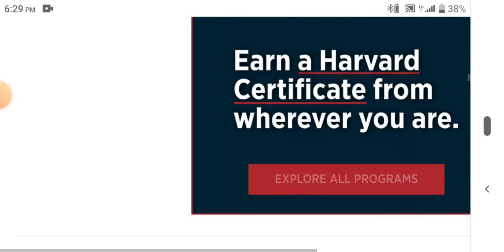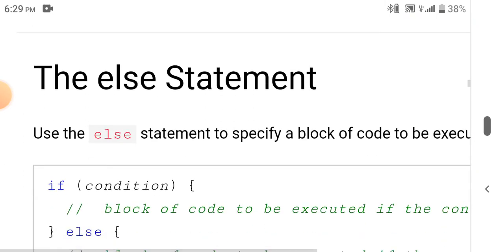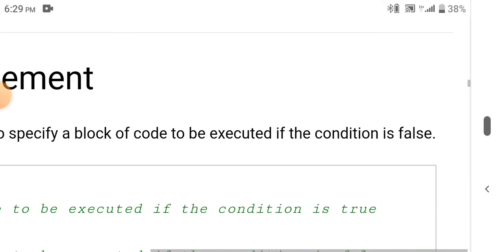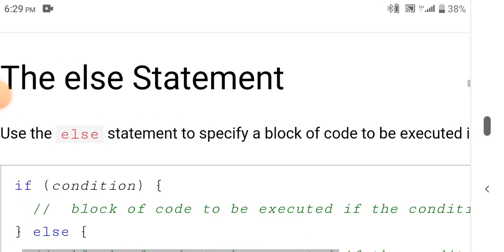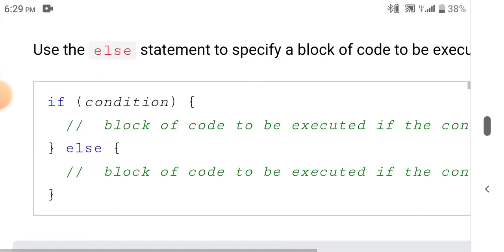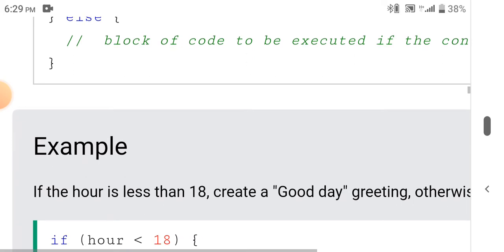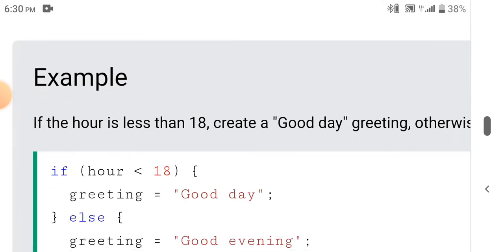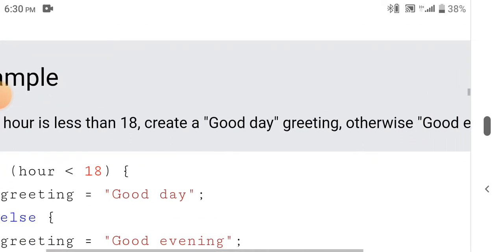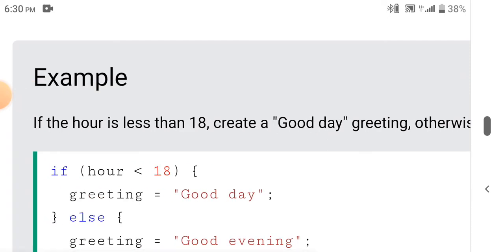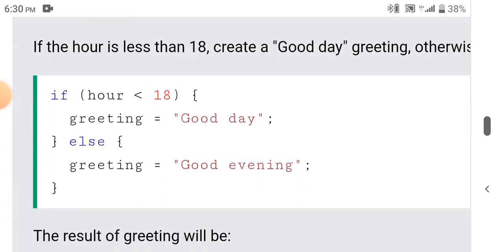আচ্ছা আমরা কন্টিনিউ করে দেখি এখানে the else statement. Use the else statement to specify a block of code to be executed if the condition is false. এটা হচ্ছে কি if or else সেটার syntax. Example, if the hour is less than 18 create a good day greeting, otherwise good evening. এই যে এরকম। তো মনে করেন আপনি আওয়ারের ভ্যালু হইতেছে মনে করেন যে 21 মানে রাত 9টা আর কি, সেক্ষেত্রে হবে গুড ইভিনিং।